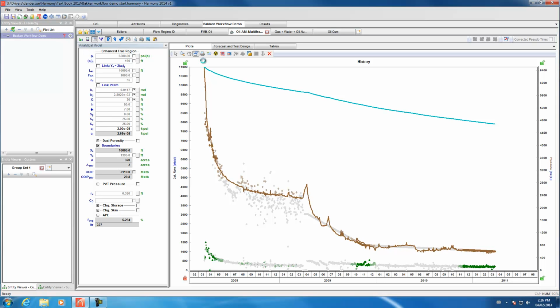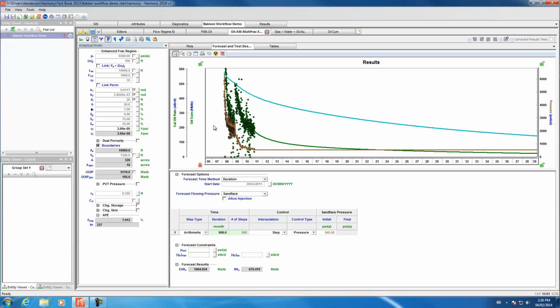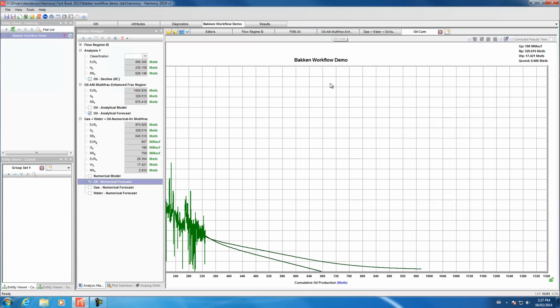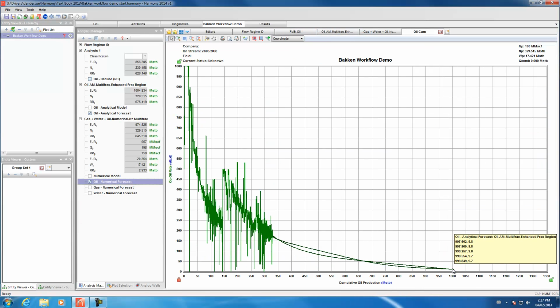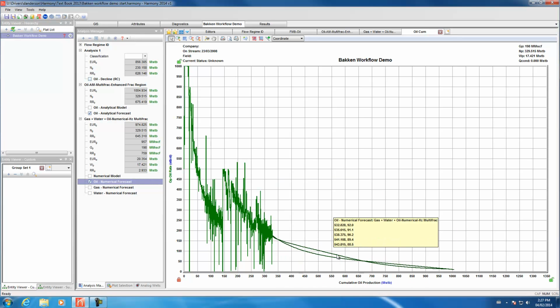Okay, so we'll stop it there and take a look at our long-term production forecast. And now our EUR is up to just over 1 million. If we go back to the comparison of forecasts, what you can see now is that the forecasts are much more consistent with each other. The shape of the analytical forecast is a little bit different than that of the numerical, but they end up